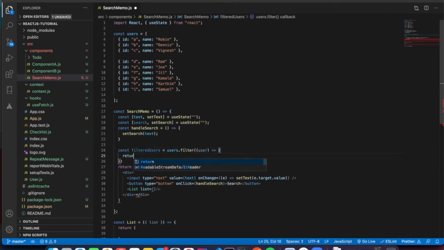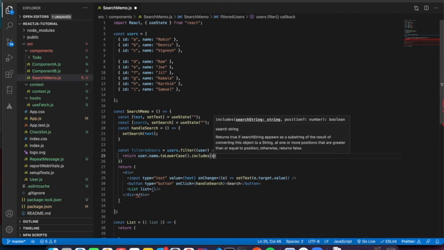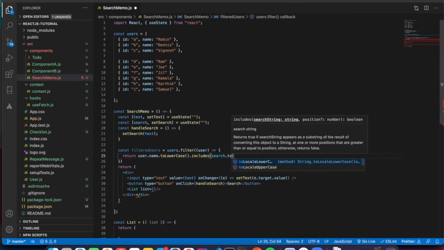So here I'm going to write a condition, like user.name.toLowerCase. It's toLowerCase, not localcase, to convert that to lowercase, and I'll check it includes search.toLowerCase. So whatever the search content name matches with this one, it will return in the filtered. So here also we have to do lowercase.